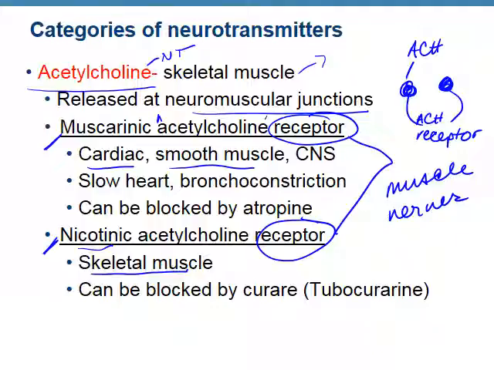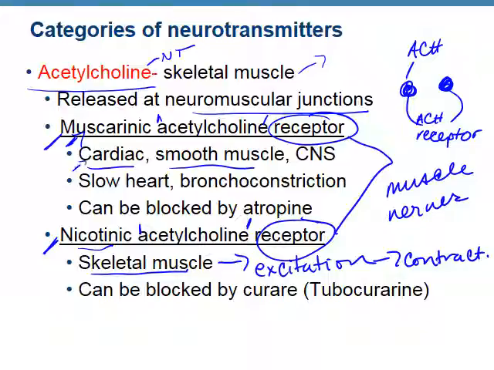Do you see that they both bind acetylcholine, but they cause different actions? So in skeletal muscle, if acetylcholine binds the nicotinic acetylcholine receptor, it causes excitation, right? It causes the skeletal muscle to contract. If acetylcholine binds a muscarinic receptor in cardiac or smooth muscle, depending on the type of receptor, it can do two things. It can either inhibit or it can excite. It has two different choices, kind of like what we just looked at with excitatory and inhibitory